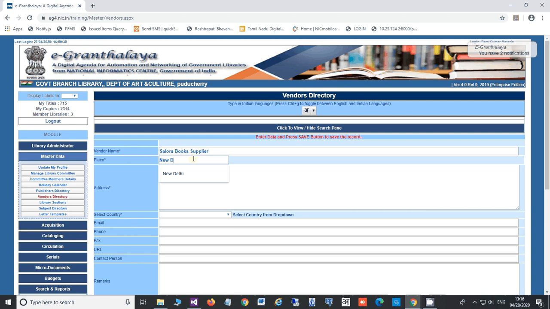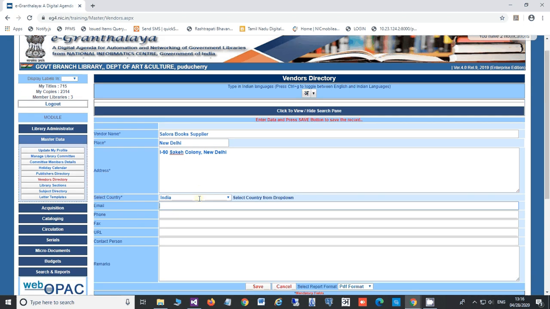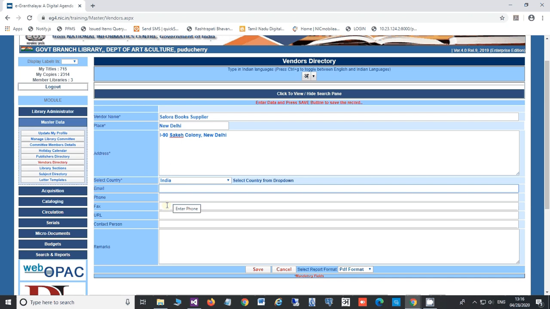Then place, address, and country, email of the vendor if available, phone of the vendor, fax, URL of the vendor website, contact person. And you can put remarks if you want to, then save it.